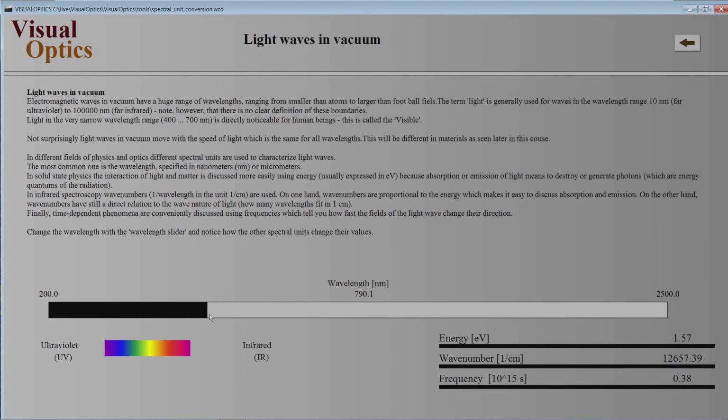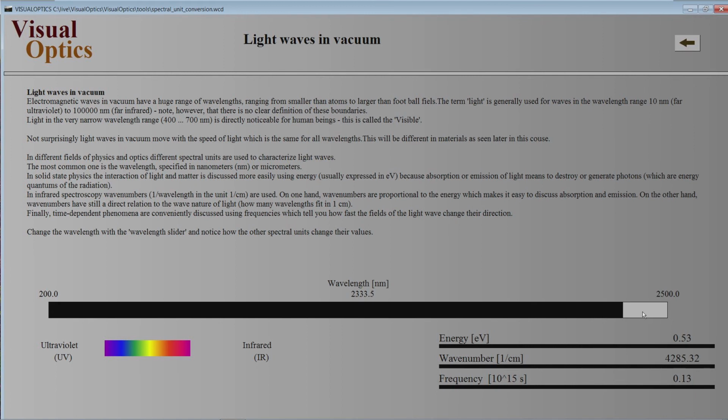And for longer wavelengths, like 800 or 1000 nanometers, the energy gets smaller and smaller in the range of 1 electron volt. And if we go upwards in wavelengths up to 2500 nanometers, which is still called the near-infrared, then the energy is only half an electron volt. So this is for your orientation, and what I have shown you here are the wavelengths of light waves in vacuum. Let's take a look at light waves in materials,